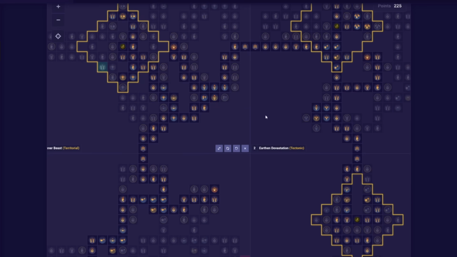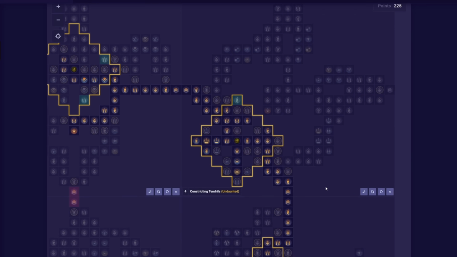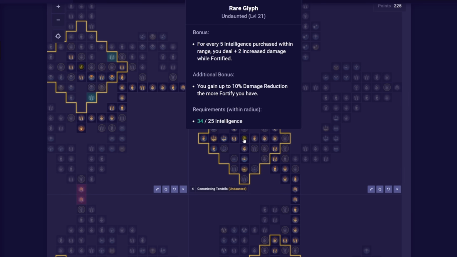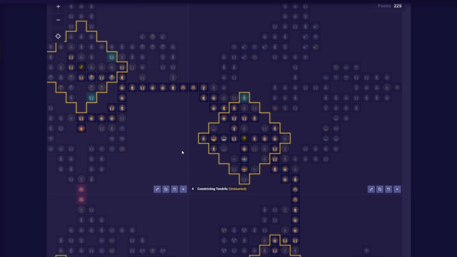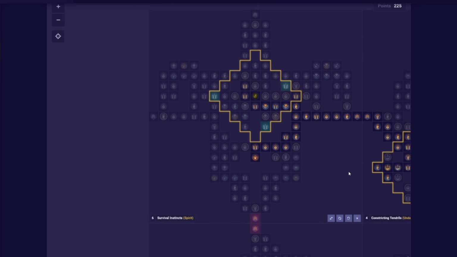Then we're going to be going back to the Earthen's Devastation board and actually going out the top side of the board to attach Constricting Tendrils with the glyph socket on the bottom left side. You want to head to the glyph socket as directly as possible and stick in the Undaunted glyph here, which gives you a bunch of bonus damage while fortified, as well as giving you bonus damage reduction while you're fortified too. Then you want to get the surrounding rare and magic nodes of interest, as well as the majority of the intelligence, before heading out the left side of this board as well to attach our final stop, Survival Instincts,